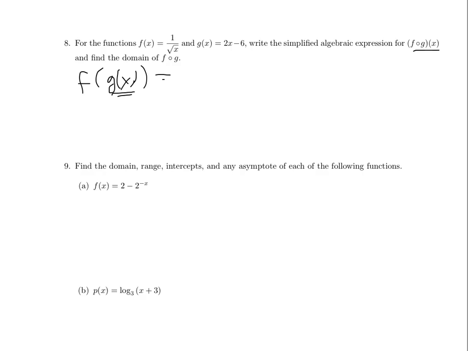In this case, it's just 2x minus 6. So we replace the g of x with 2x minus 6 because that's what it's equal to, and then the f function takes an input and does 1 over the square root of that. So when we give f this input, we will get 1 over